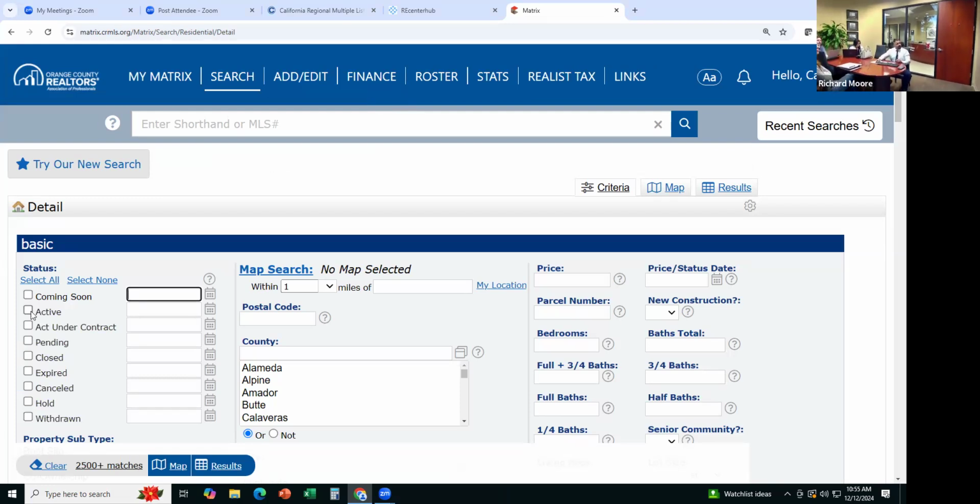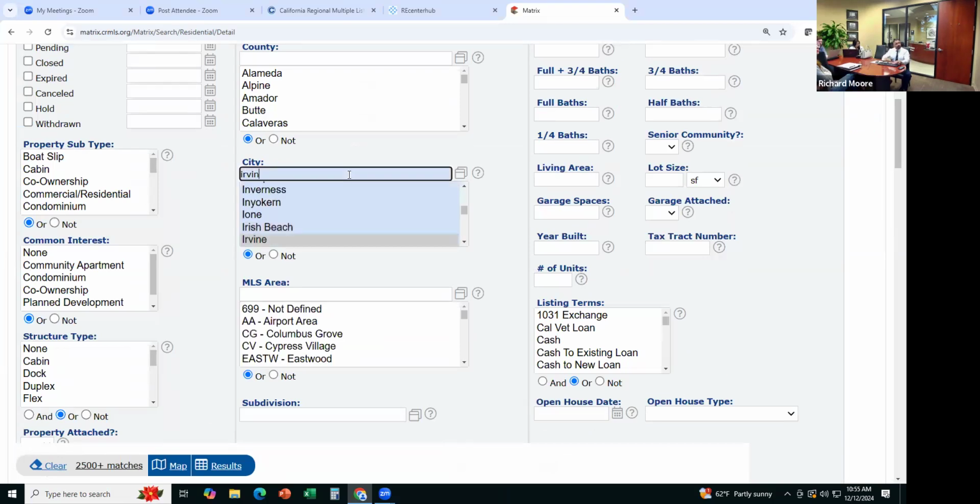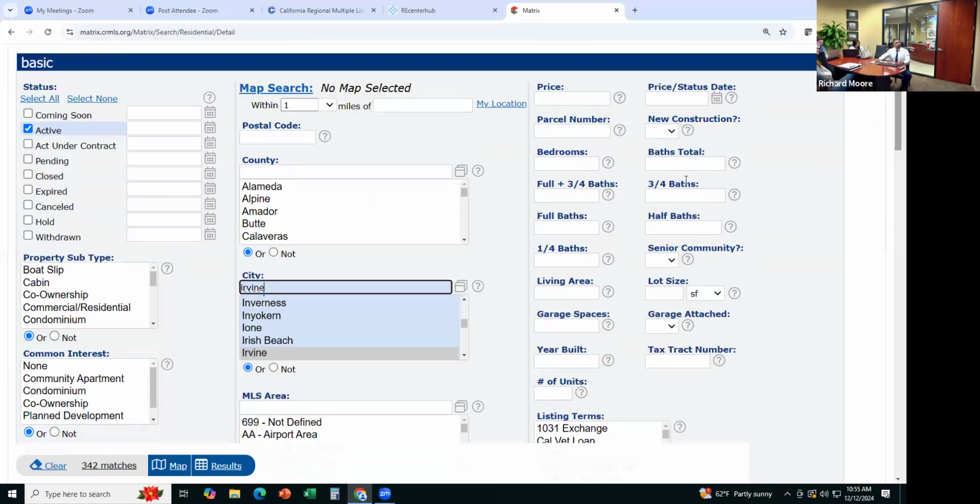So let's say I'm looking for anything that's active in Irvine that is 3 bedrooms and is under $1.5 million. Okay, 1.2 million. Okay, there's 14 matches. So I have a buyer that wants to buy something in Irvine that's under $1.2 million, that's 3 bedrooms. So now what I'm going to do is